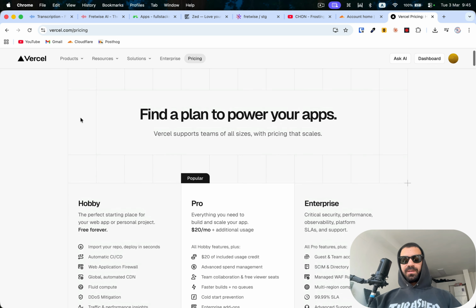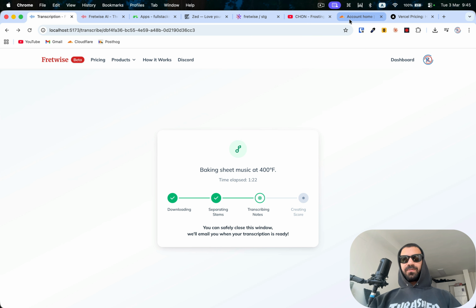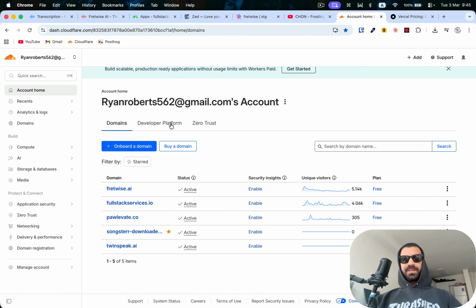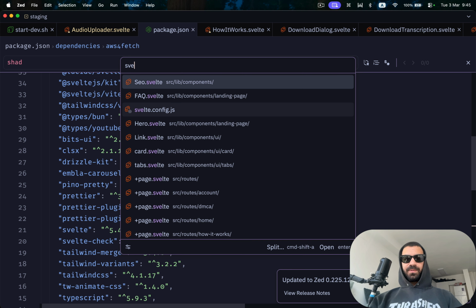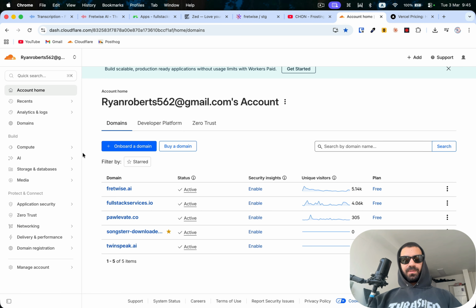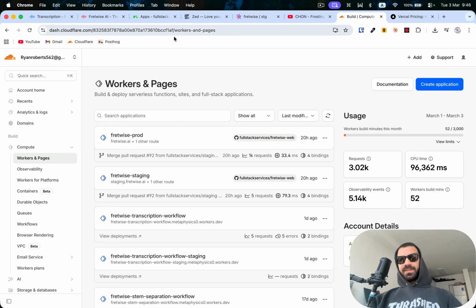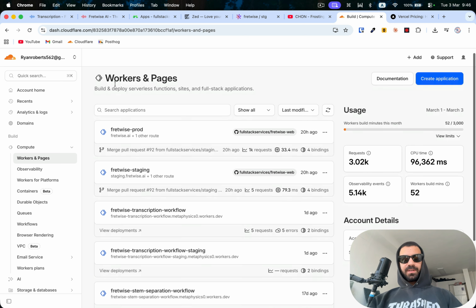And for me, after doing some research, I learned that I can deploy any SvelteKit app to Cloudflare with just a few lines of code that's different. Basically, if you have your Svelte project, you simply drop in the adapter Cloudflare and you deploy it as what's called a worker. This was kind of confusing to me because previously there were two separate entities on Cloudflare, one called Pages and one called Workers, but they've essentially merged to become the same thing. And Cloudflare is actually going to deprecate the whole Pages product language very soon. And they almost function the same. You can still specify that you want your web app to be a page, but in my case, it's a worker. Kind of confusing, but regardless,